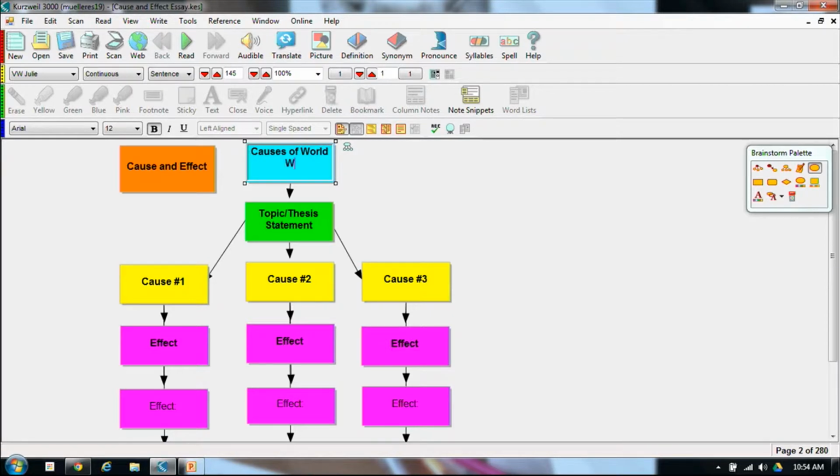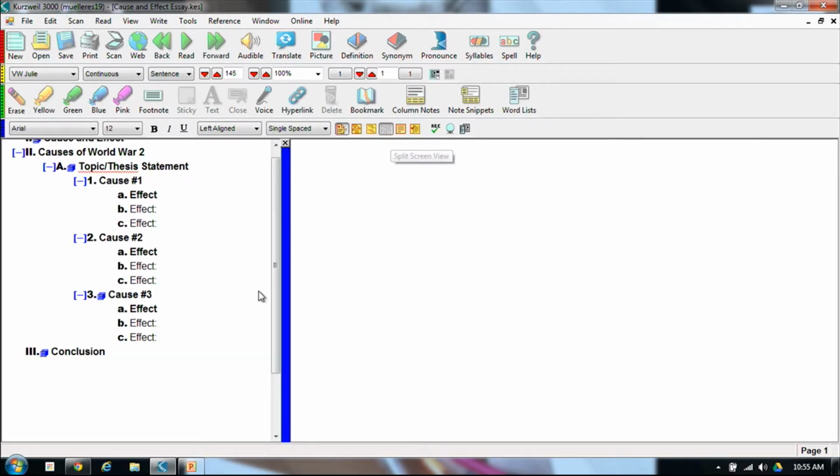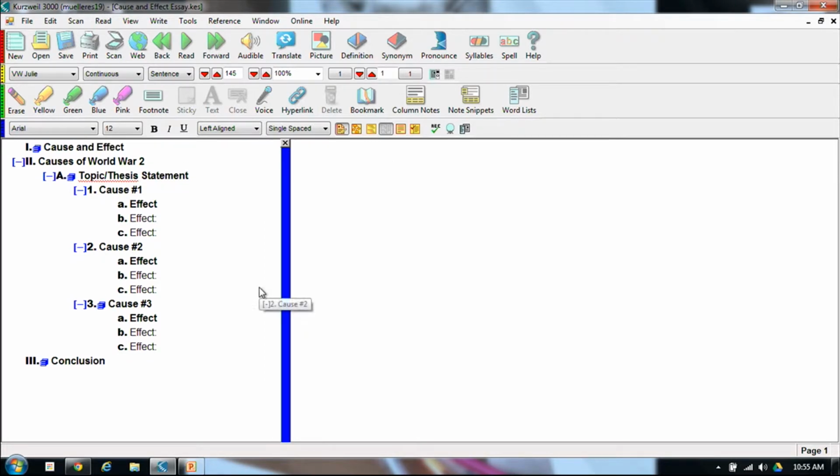Of World War. So let's say theoretically I spend a lot of time on this and build a really nice outline. You can do a split screen view here, which will flip that into a traditional outline, and then you can start typing this and save it as a Word doc. It's a tool that I'd really like to see partnering with some English classes, especially maybe some remedial English classes, to really help support writing and whatnot.